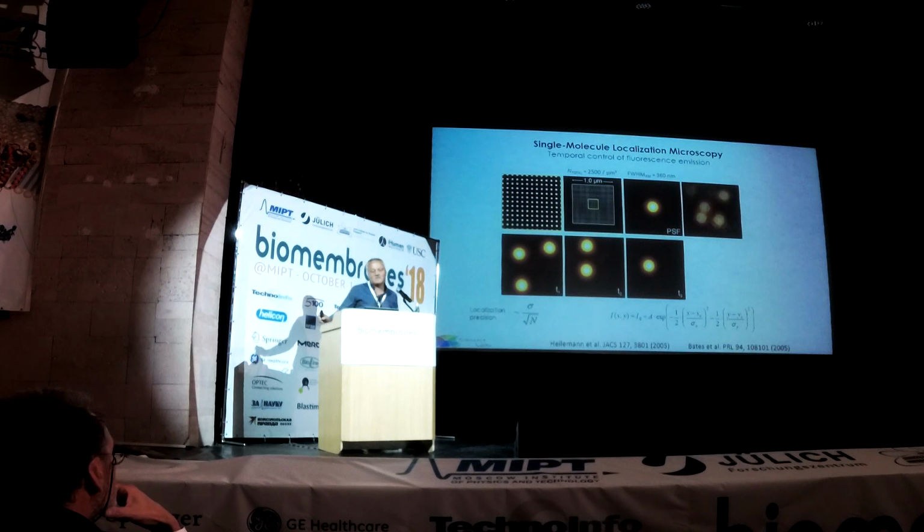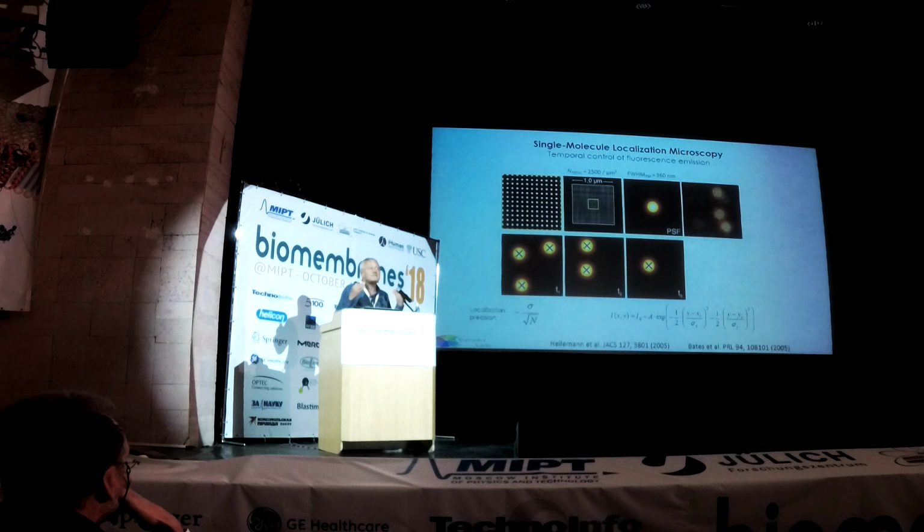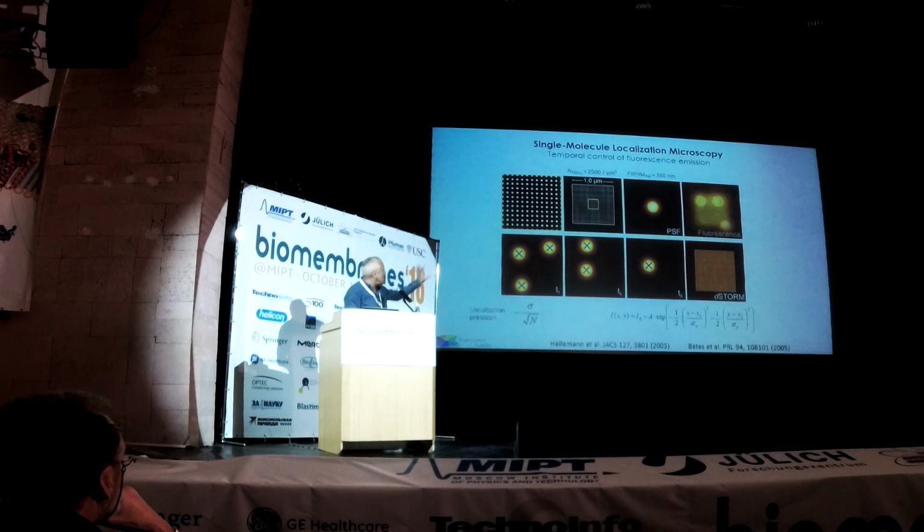And then you can localize the positions of the center of mass of these signals by approximating the signal using a 2-dimensional Gaussian function. And finally, if all of these fluorophores contributed to the signal, which means that they stayed at least once in a fluorescent state while you recorded your video, you can finally reconstruct an image out of that. So the trick to do that was, until 2005, only to find ways to switch or